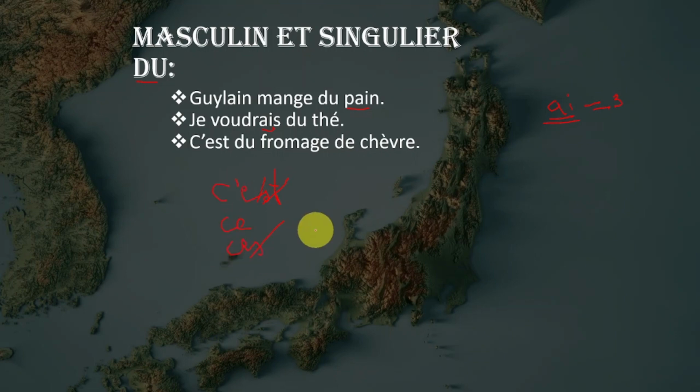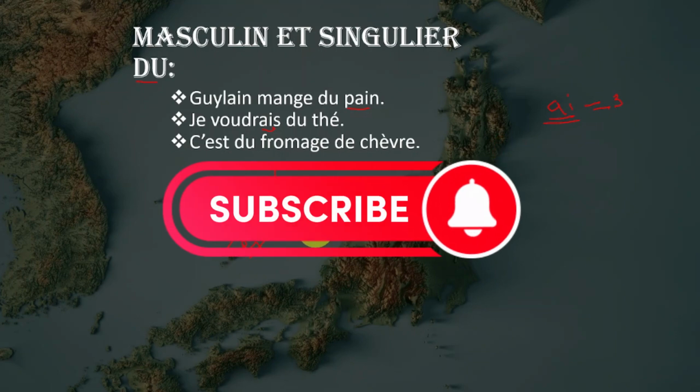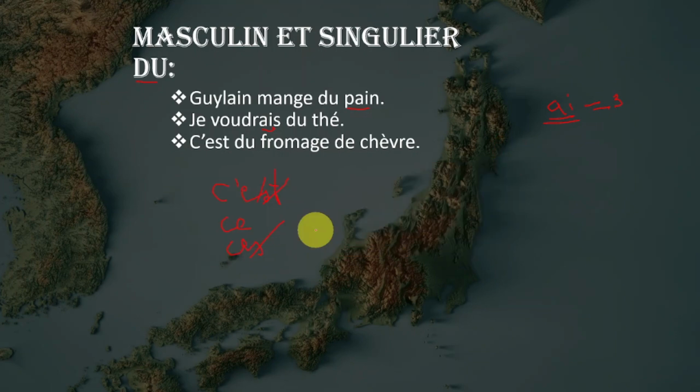The only difference is when you write, yes. Okay? I'm not gonna say it like this. If I put it like this, c'est du fromage, pardon, c'est du fromage de chèvre. I'm not gonna use this one. No, I'm using this one because this one is the correct one. But some of you may say, okay, what's the difference? Don't worry, I'm gonna explain to you guys later on. Okay, right now, let me focus on this. Okay, because I want you guys to understand